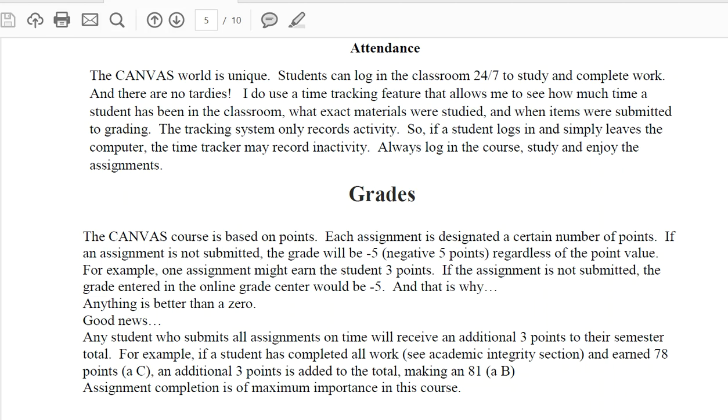You can do your homework at 3 o'clock in the morning, or you can do it in the afternoon. You can go to class anytime you want. Here's what's important that you know, and that is that I do have the ability to see when you were in the classroom, what materials you studied, and so forth. Which makes me think sometimes, well, I'll just log into the course and then I'll go about my day and it'll look like I was in the course all day long. I understand that, but the technology today sifts all the way through that, and I can see what you studied, and it's really evident to see what you studied whenever I see the submissions that you turn in.